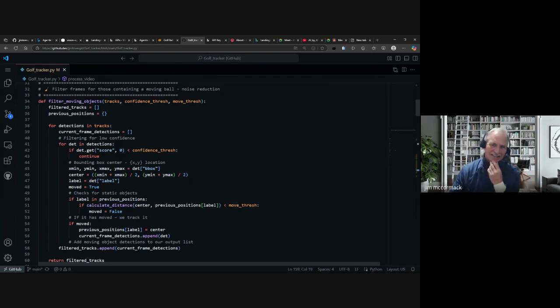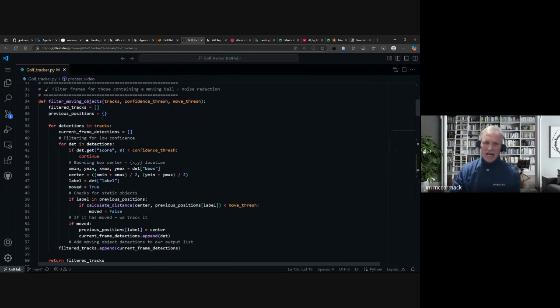And we're going to be able to pull in what we call a confidence threshold when we work with the model, and a movement threshold. So the model, when we say, look, detect balls, how certain were you that that round element in the video, how sure are you that was a ball? So we can drive that confidence threshold very high and get fairly precise to try to cut down on false positives. And we can also track a movement threshold to say, in order to be a candidate, it has to move. So we don't want to look at things that don't move and misconstrue them as something we want to track. So this filter is about helping us